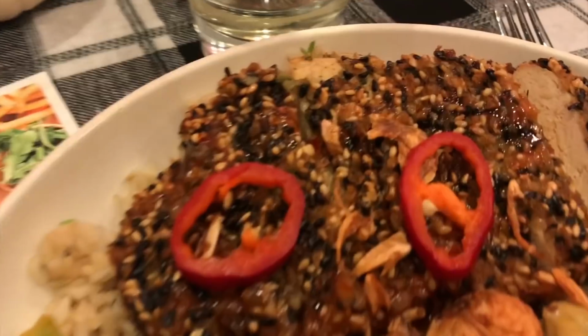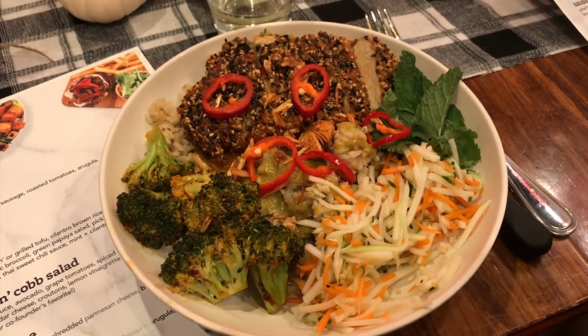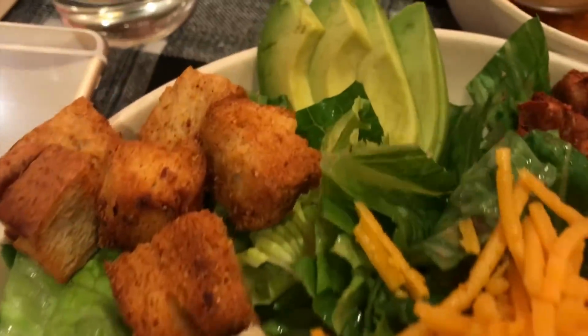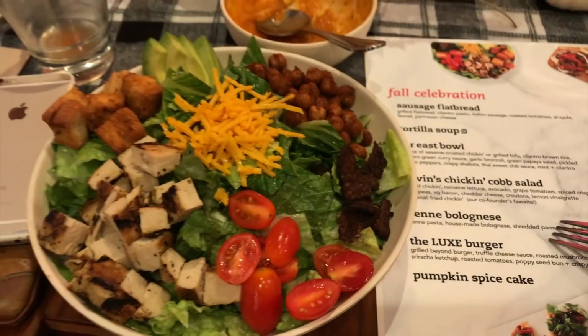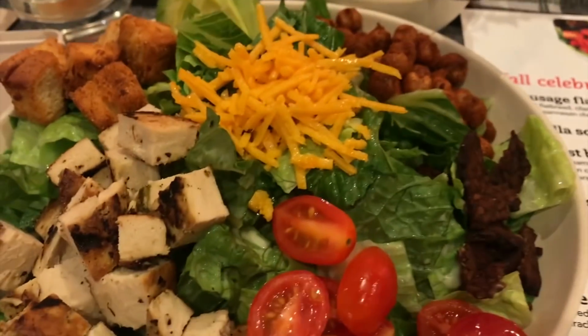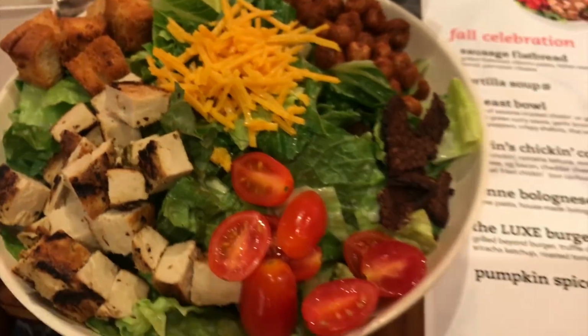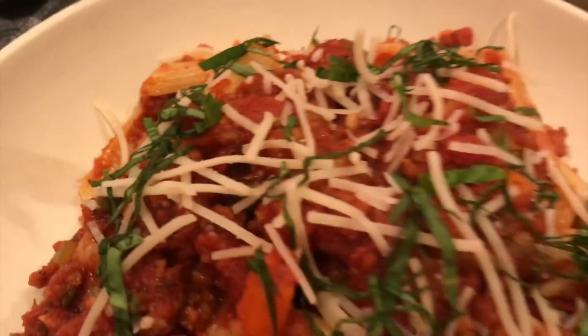But this is the Far East Bowl, and it's some seasoned chicken and rice with some curry and vegetables, and then this is a light take on a Cobb salad. It has a lemon vinaigrette that is so good, and it kind of makes you feel like a healthier version of a Cobb salad. And then this is the Penne Bolognese,